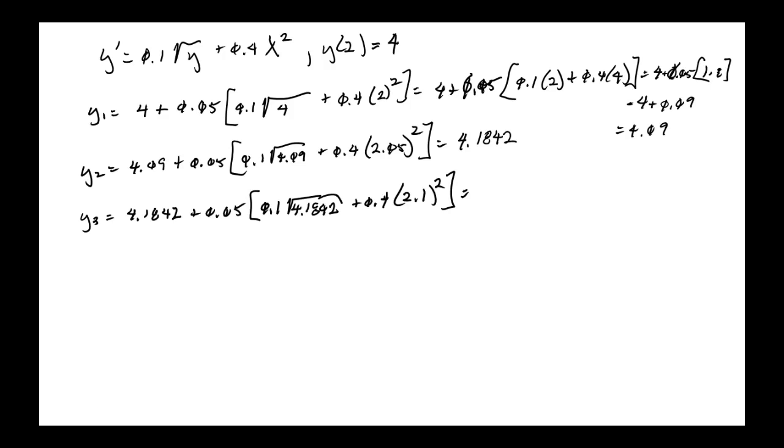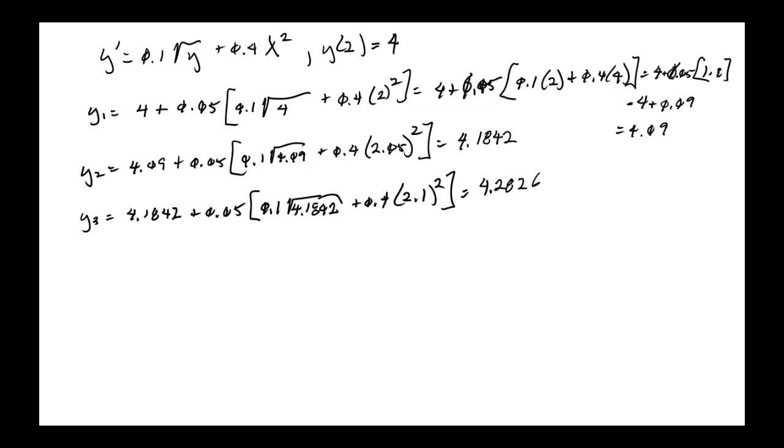The book got 4.2826. Now, I'm not doing it, so I can't swear that's true, but I assume it is, because that's what they got. And then you would take that and do the next one, y sub 4, which is